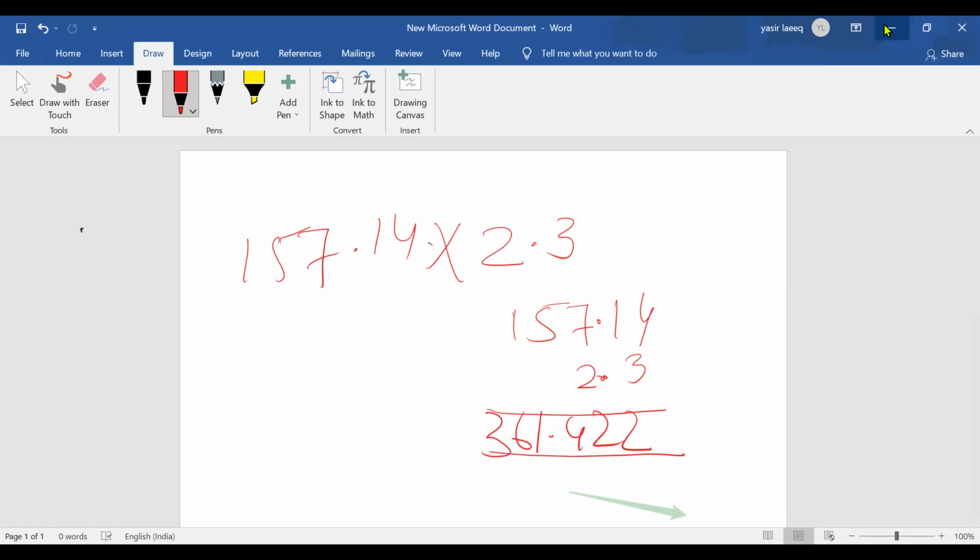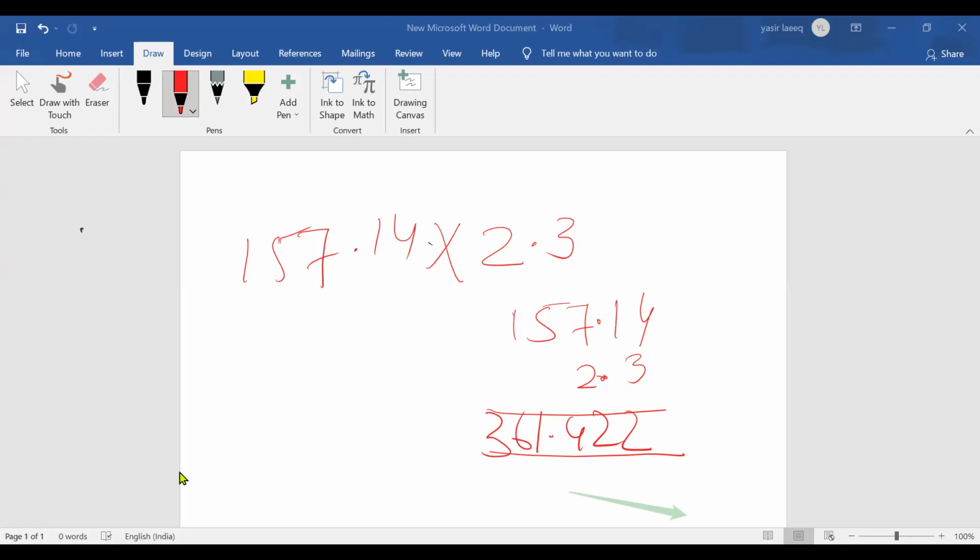So the very important thing here is that, beta, listen to me. The very important thing is that after multiplication, in that answer we have to, beta, who is this? Who is speaking in between? Who is this? Listen to this. This will deteriorate your performance. I'm telling you, if you are not following instructions, then you have to suffer for that.